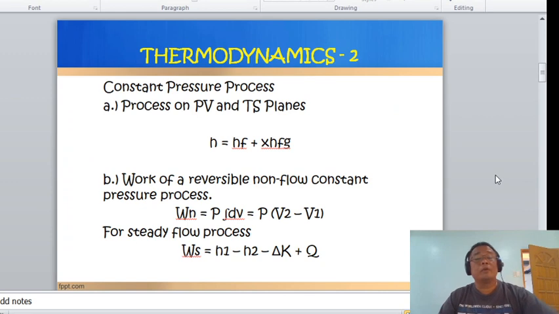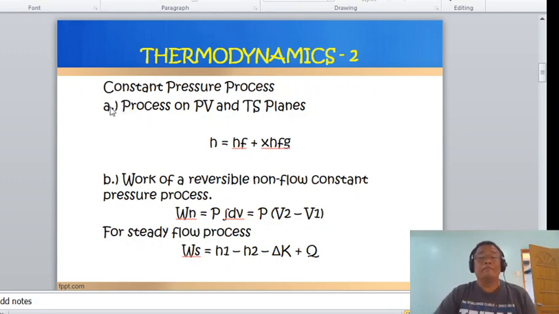Okay, so for the constant pressure process, this is the first process involved in vapor. For the constant pressure process, we have here the process on the PV and T-S planes. Getting the enthalpy of the vapor, that is equivalent to the enthalpy of the liquid plus the quality of the vapor multiplied by the enthalpy of the mixture, or h equals hf plus x hfg, where x here now is the